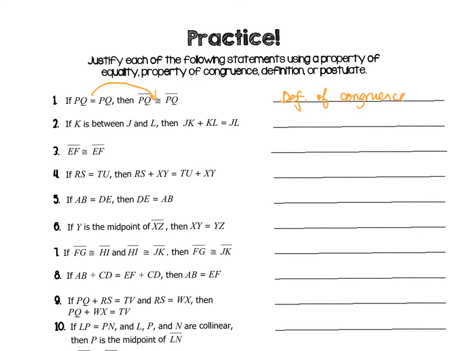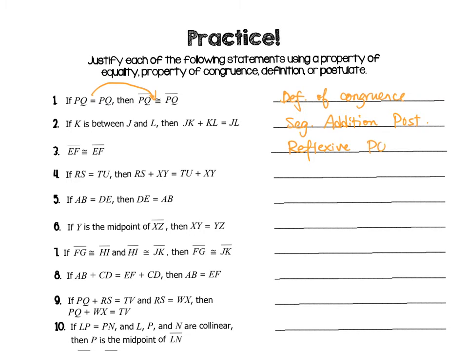Number 2, if K is between J and L, then JK plus KL is JL. This is the segment addition postulate. Number 3, EF is congruent to EF. This is my mirror image and it's a congruency. Therefore, it's the reflexive